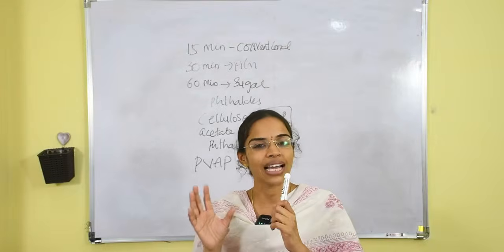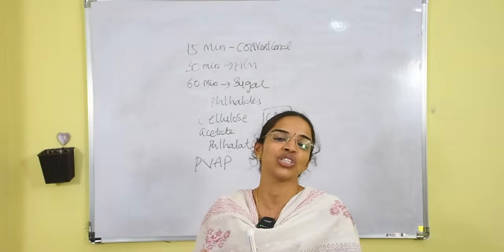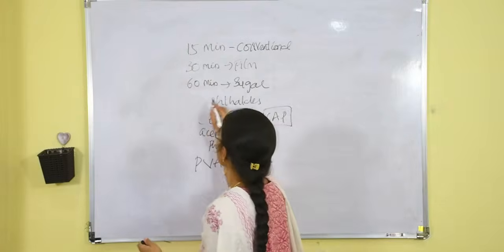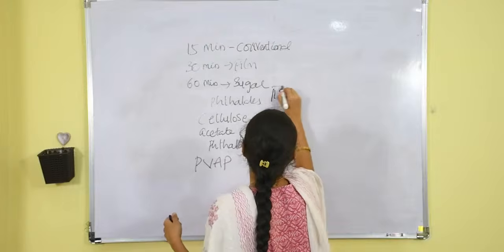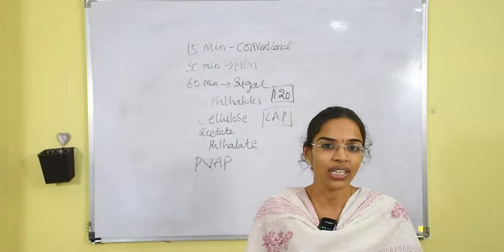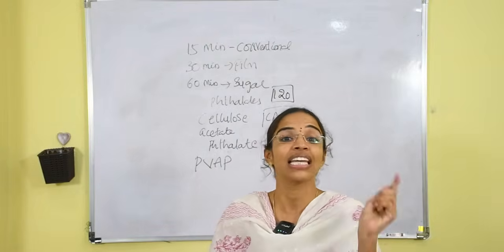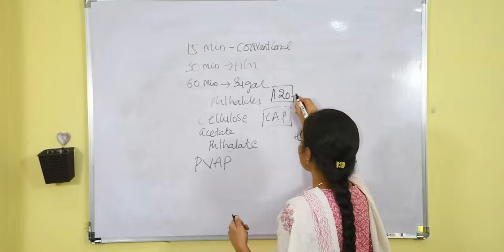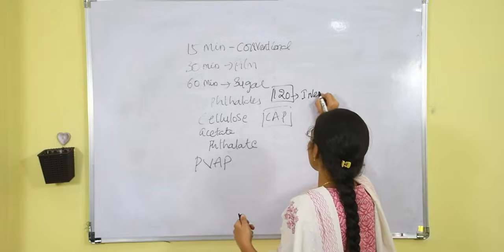So till 2 hours, as long as they are in the stomach region, they are not disintegrated. The approximate time is 120 minutes for the disintegration of enteric coated tablets in the acidic pH, that's in the stomach. Once they enter into the intestine,